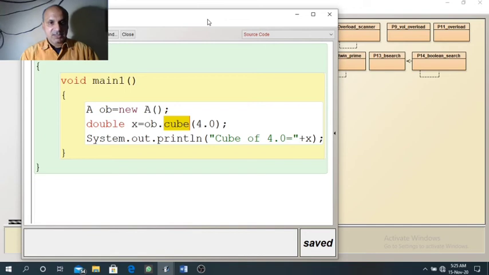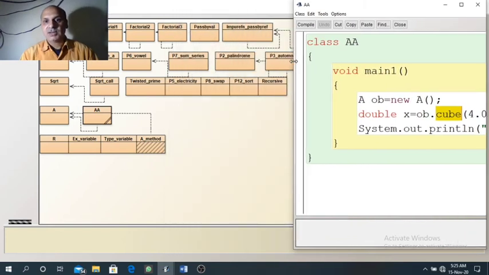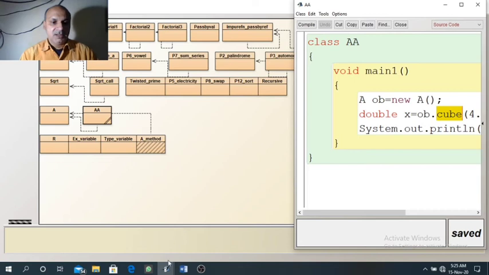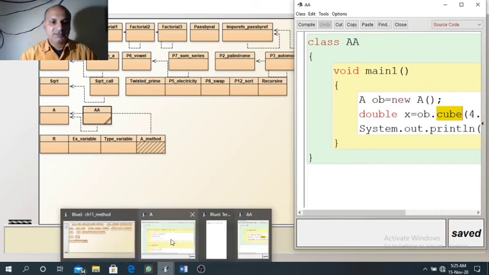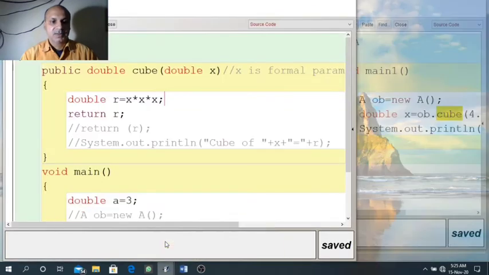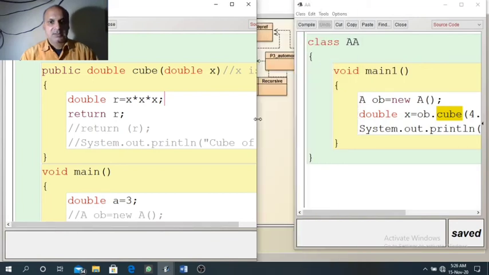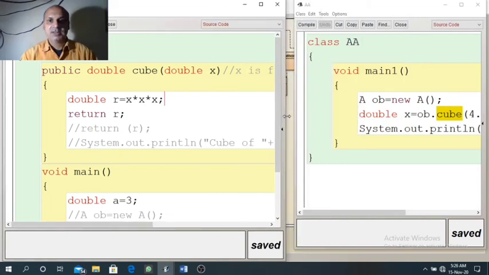Now you can see one class we have AA, where I have called function cube. One more class we have A. Here you can see.